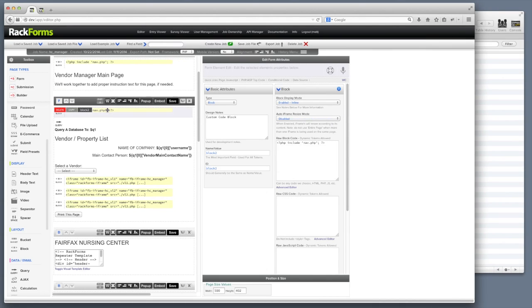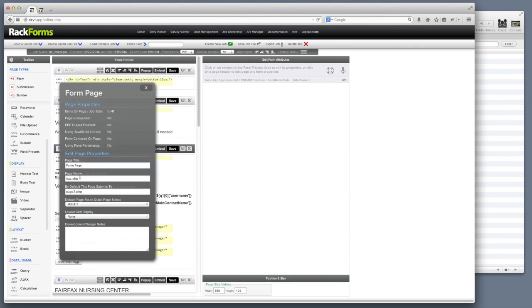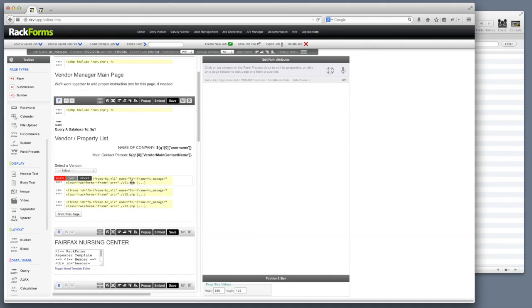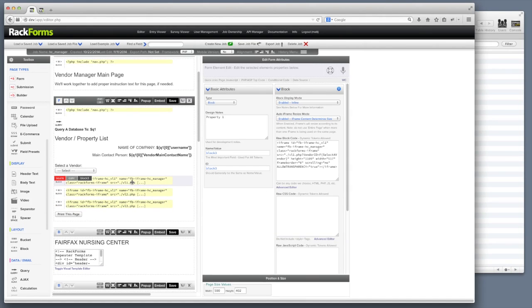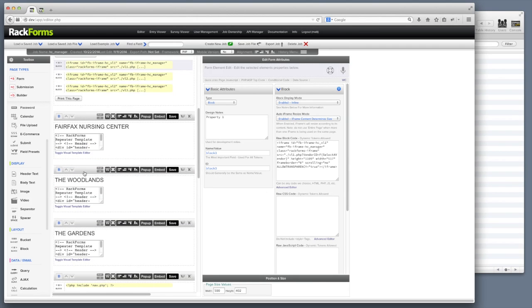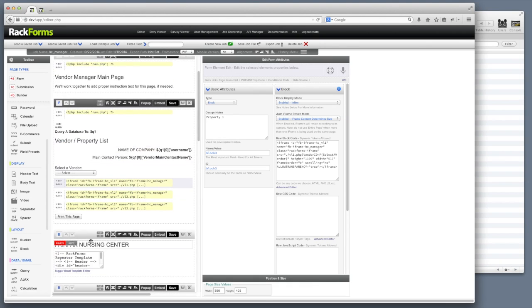So right here, my include was very simply PHP include nav.php, right? I'm just going to grab the nav.php page, and I'm going to include it into my form. These guys, though, are actually including iframes. Now, because I'm including iframes, I want all the code that RackForms uses to build these pages as standalone entities, right? So I want to include all of the head code, etc., because it's going to be wrapped in an